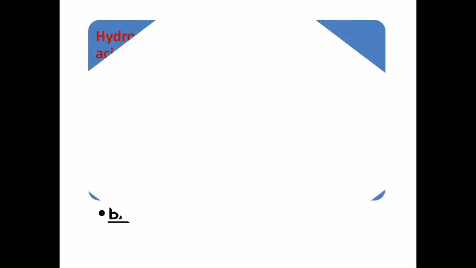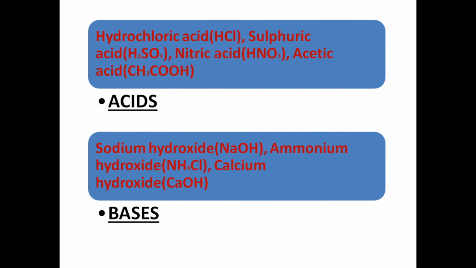So let's see. We will continue the acid base chapter. We have already studied acid base indicators, and how we identify acids and bases with the help of indicators. I have done the experiment video also and I have sent it to you. So first see that experiment video, next we'll continue in this.